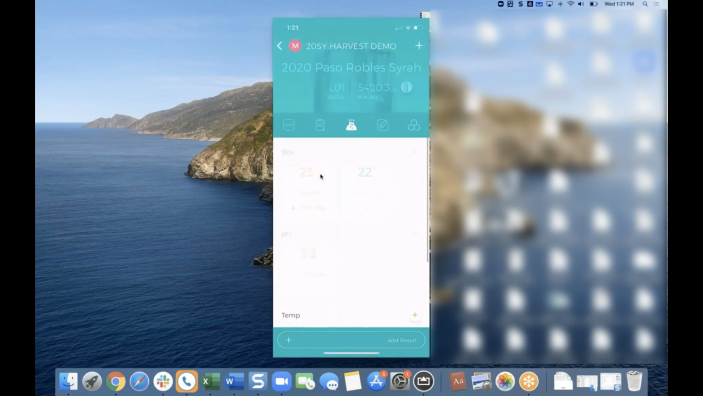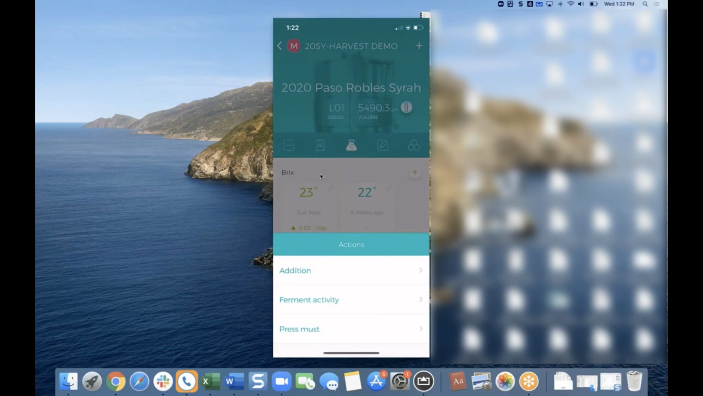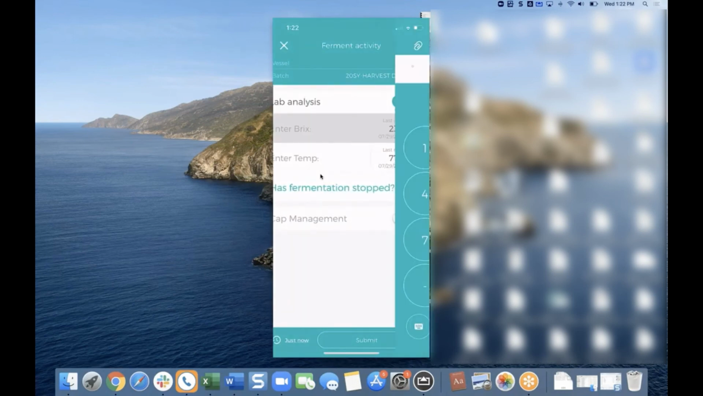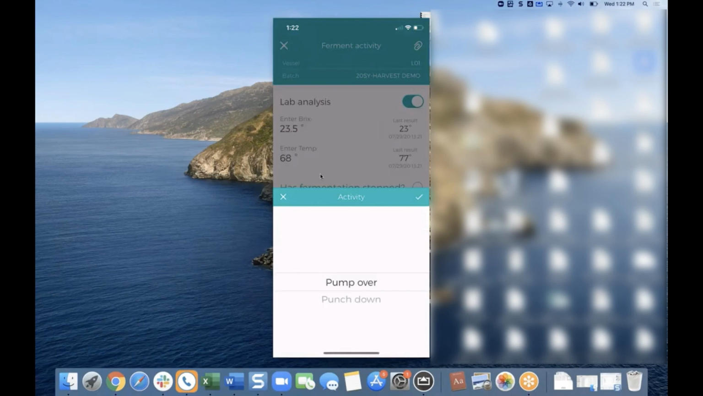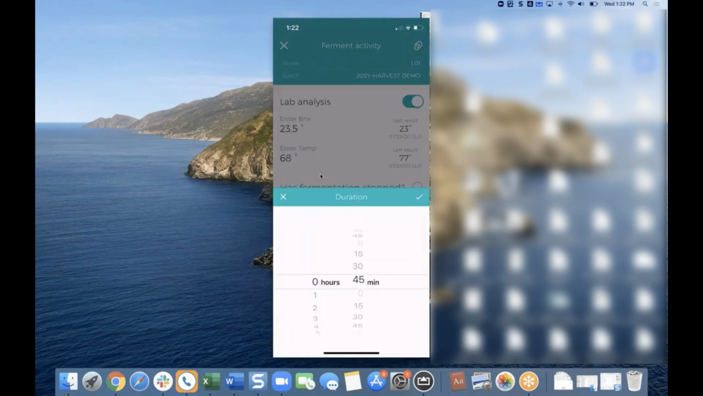Also from this screen, we have the plus. You can now record additions and fermentation activity from here. So I could have entered in the brix here being 23.5, or it got cold soaking, so now we're at 68. And then we did some cap management. We had the team do a pump over, and we told them to go for 1 hour